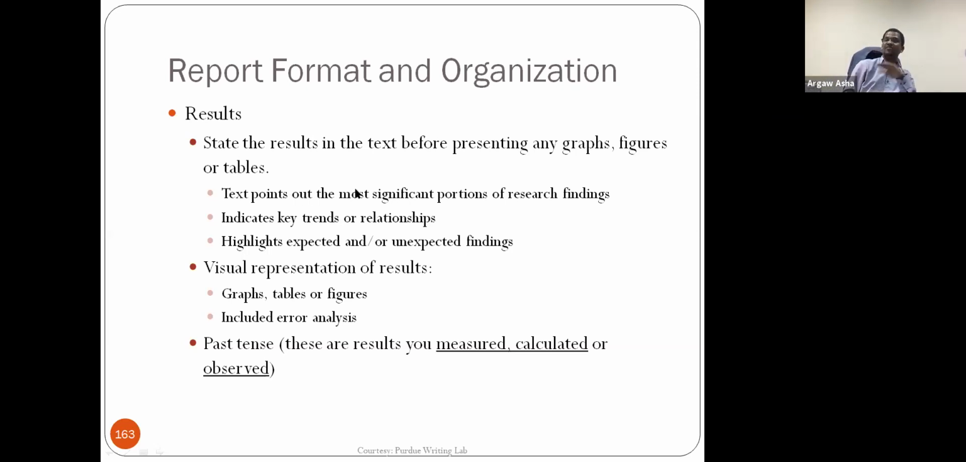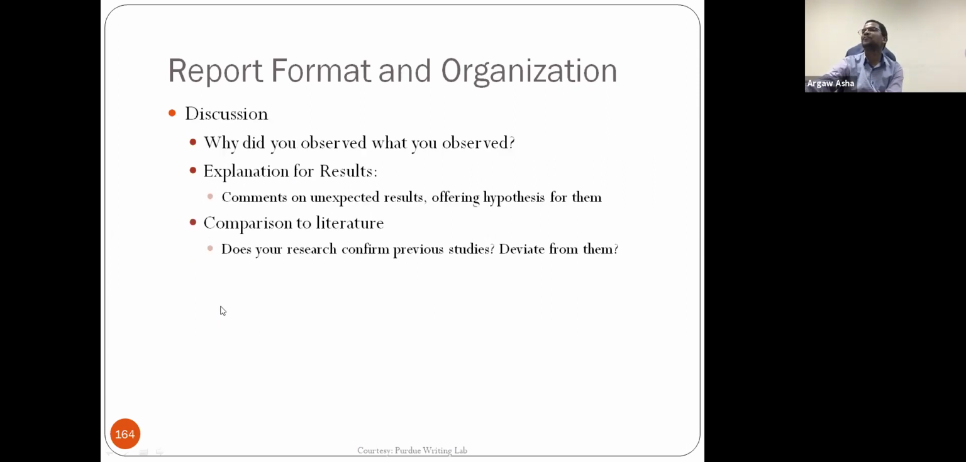ስለዚህ ግራፍና ቴብል ከማድረጋችን በፊት ቀድመን ነው ማብራሪያ ከጻፍን በኋላ ወደ ቴብልና ፊገር እንመጣለን። Then indicate key trends, relationships, highlights, then visual representation አለ, graphs, tables. Again, use past tense. These are results you measured, calculated, in the past tense. Language በጣም ወሳኝ። Discussion. Why did you observe what you observed? የሚለው እናስቀምጣለን።